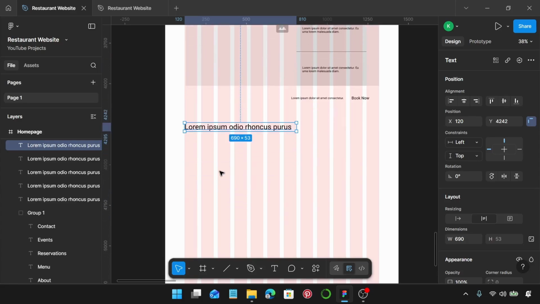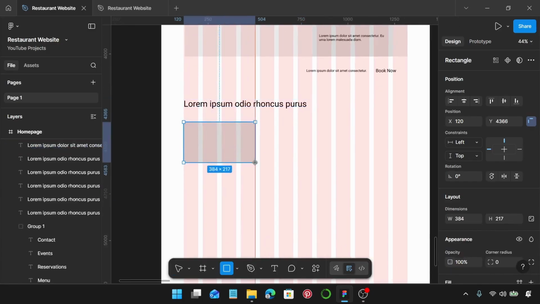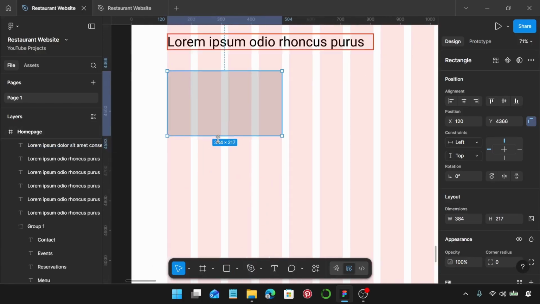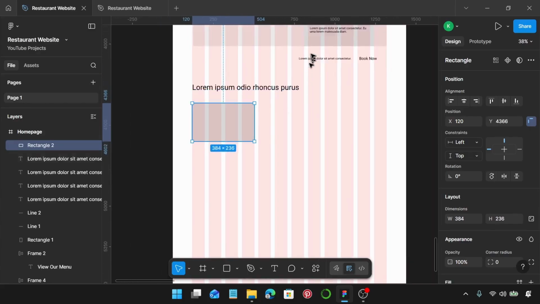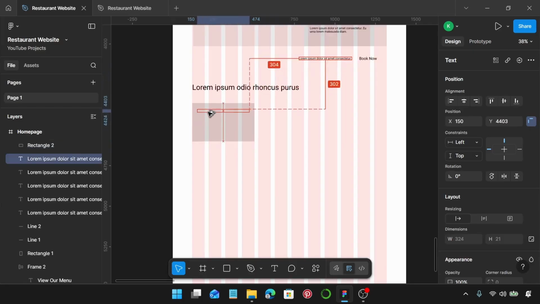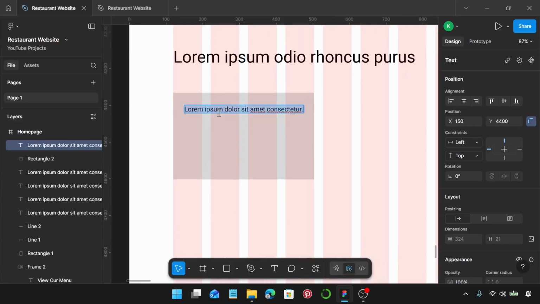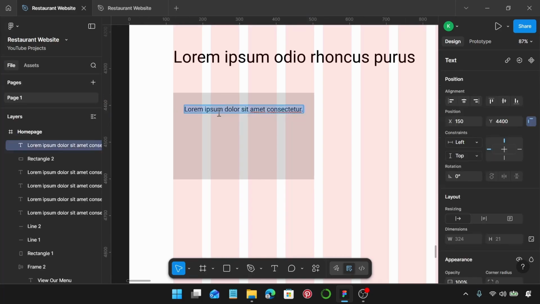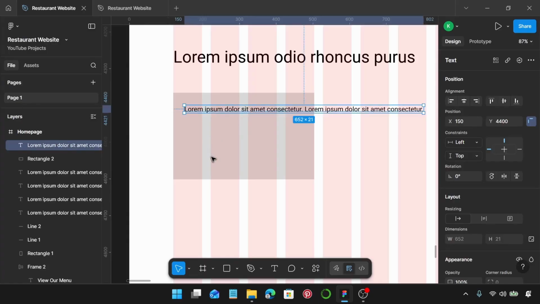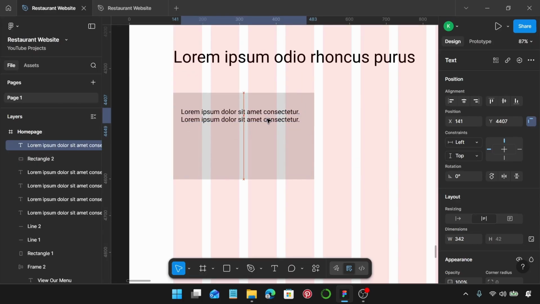So once again, I'm just going to create a rectangle, bring it over 4 columns. Let's get a bit closer. I'm going to increase this. Next, I'm just going to copy this text to make it easier. I'm going to use my right square bracket to bring it to the front. I may need a second line, so I'm just going to copy that and then paste, so that I'll have 2 lines of text. I'm just going to reduce the width so we can have our text on 2 lines,